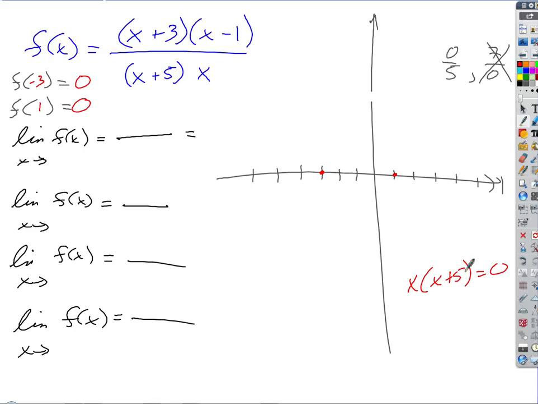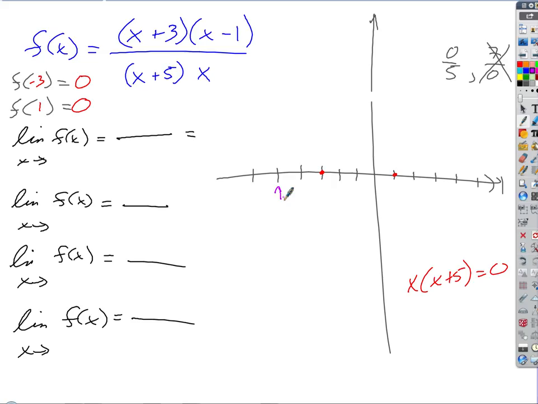-5 would, sure. That's going to be the 0 of that factor. Okay, so then we know at -5, I've got something going on there, right? That's a place where I've got a 0 of the denominator. Let's see what happens in the function if I take a limit, if I explore the behavior of the function